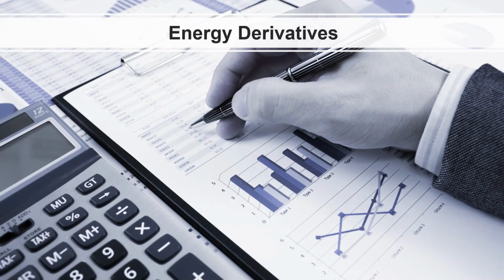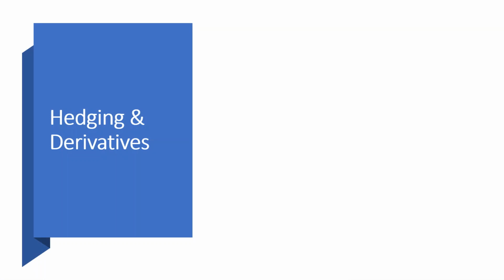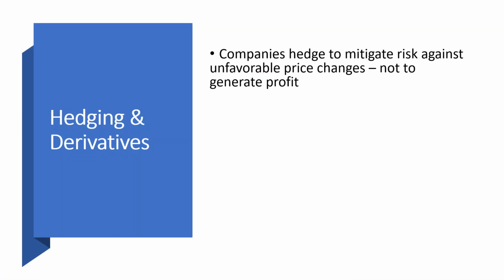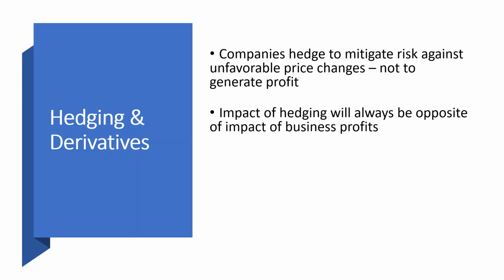Next, we will discuss the very important subject of energy derivatives and why companies hedge to mitigate risk. Companies hedge to mitigate risk against unfavorable price changes, not to generate profit. The impact of hedging will always be the opposite of the impact of business profits, and businesses usually don't hedge